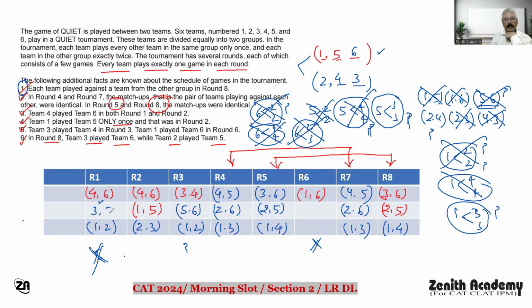5, 3 and 5 का एक मैच यहाँ आ गया। आपका 3 and 5 एक हो गया, अभी एक 3-5 बाकी है। अब ये 3-5 कहाँ होगा? 3-5 साफ समझ में आ रहा है कि R6 राउंड में होगा, क्योंकि बाकी तो सब कंप्लीट हो चुके हैं। तो it is 3-5. As you decided 3-5, so who is left?